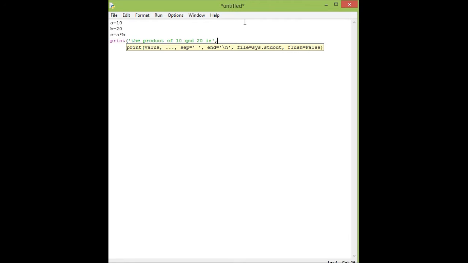Here we will put c, as we have stored a multiply b in c. Now we'll close the bracket, and now we will run the program.